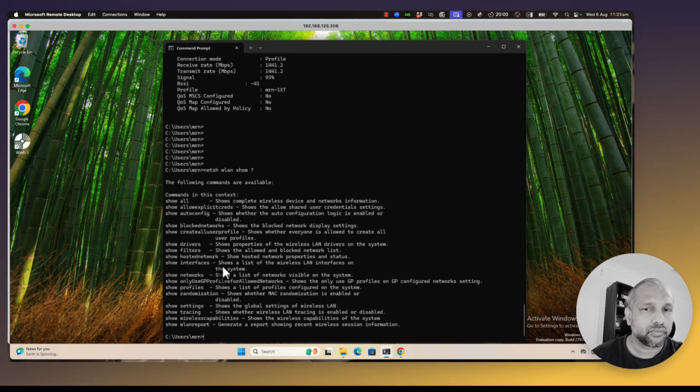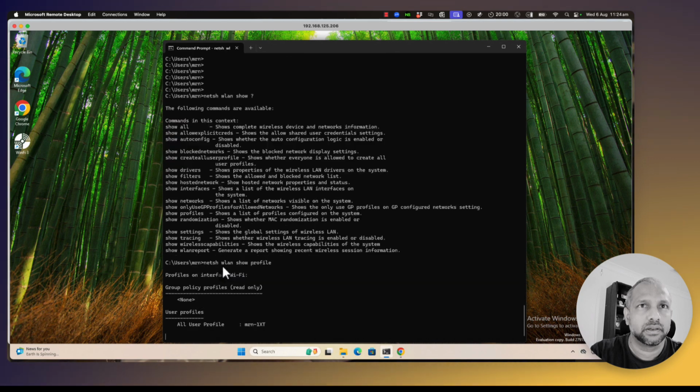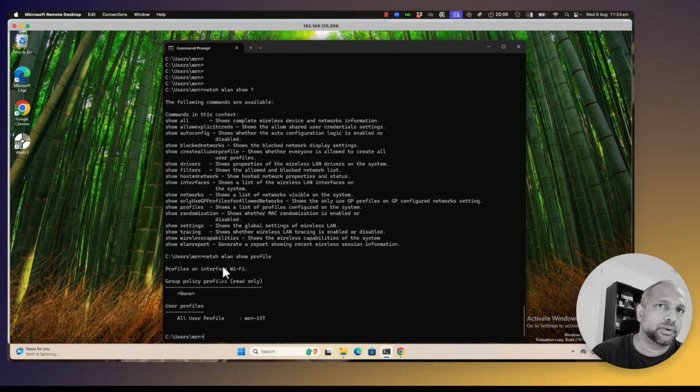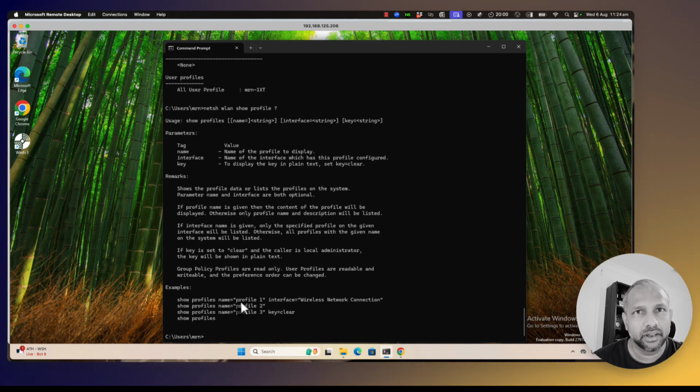Now, if you want to find out which networks this device has previously connected to, you can use the show profile command. Show profile. Now you can see this particular computer previously connected to this SSID. If you want more detail, you can put a question mark there and specify a particular